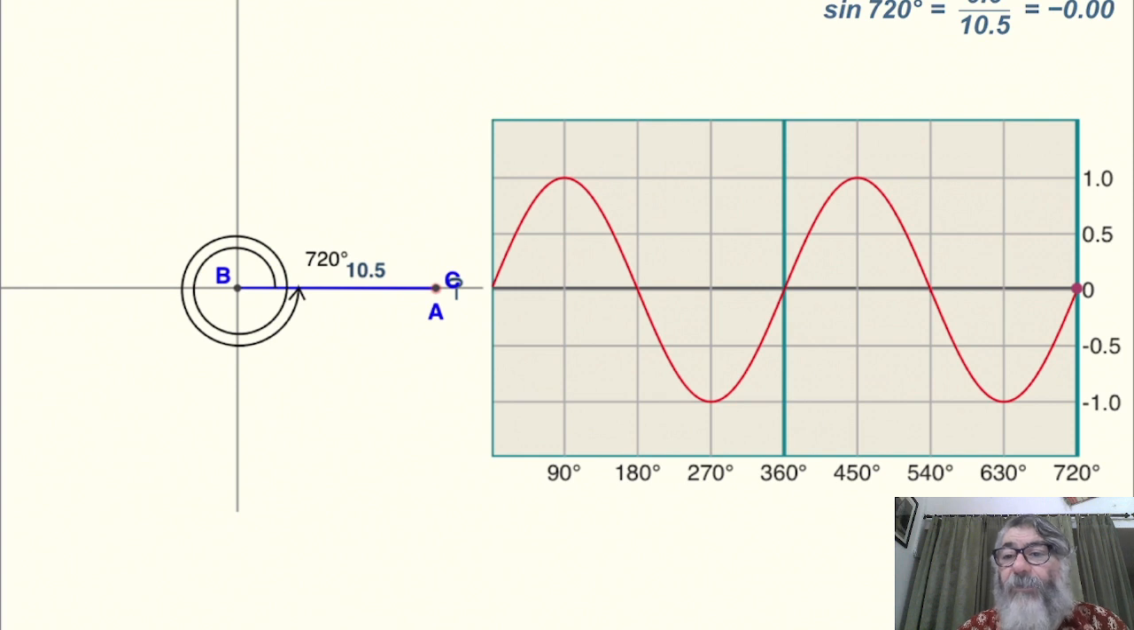This is how we plotted the sine curve. Now we will talk today about the cos curve also. After this, I'll stop the recording and then I will give you